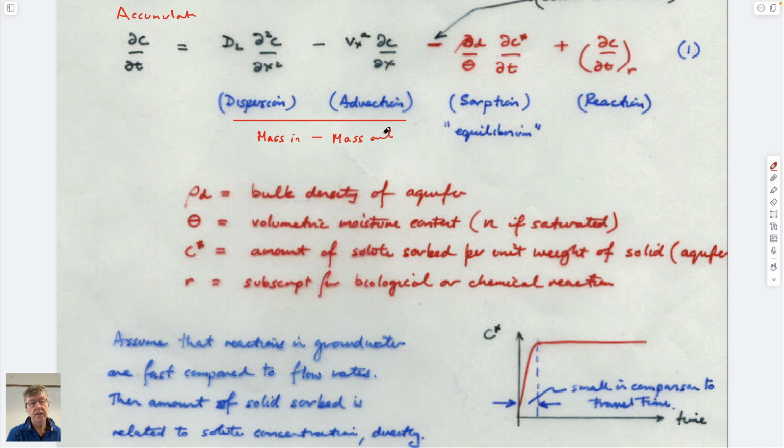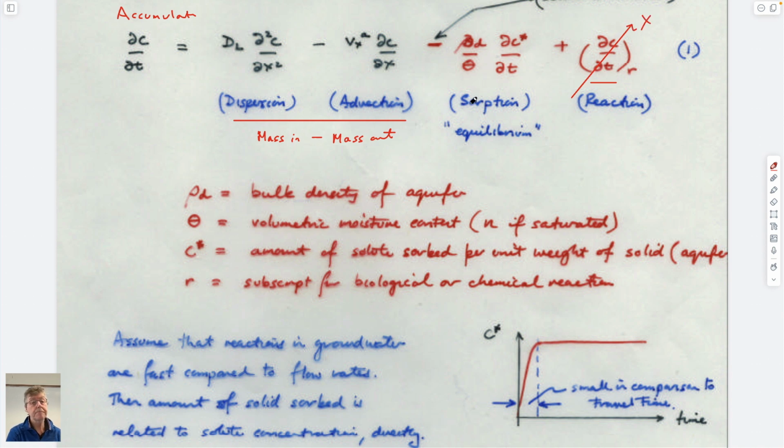It's just a continuity relationship, mass balance. What we could do is we could add a couple of other terms, which would be a reaction of components that are going downstream, or perhaps easier,